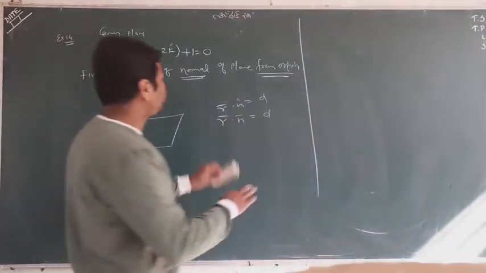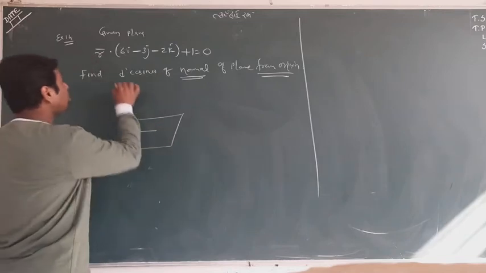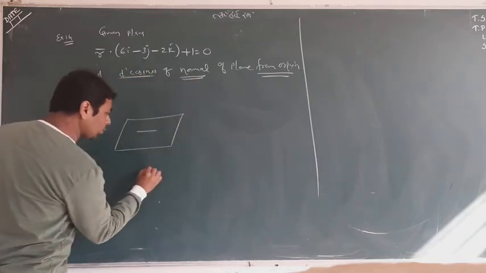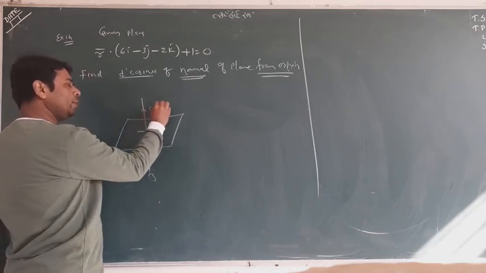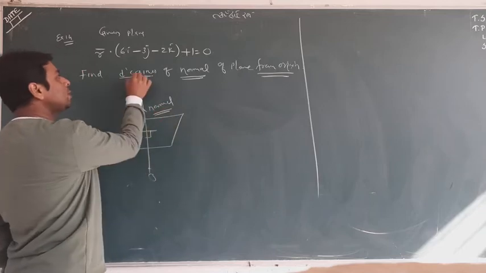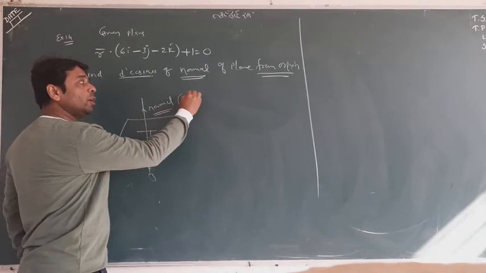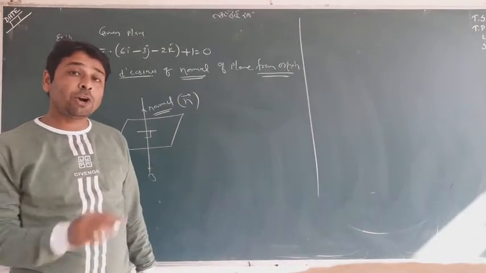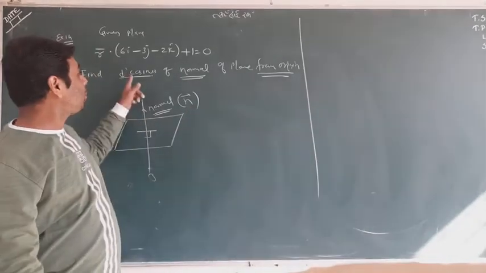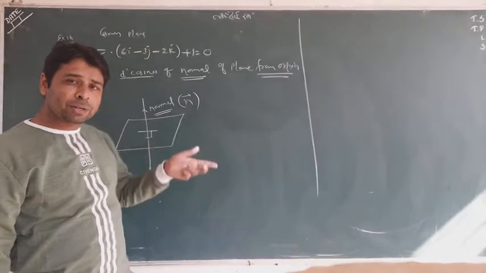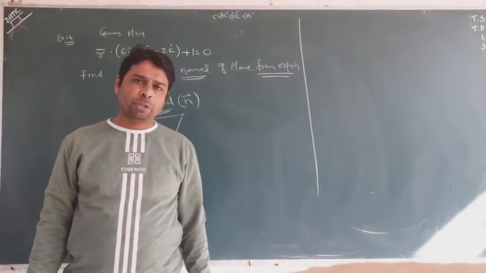Okay. Now we want to find the direction cosine of the normal of the plane drawn from the origin point. This is the origin point, and this is the normal of the plane. We want to find the direction cosine. And again I tell you, the normal is normally called n. r dot n equal to d, and this n contains ratio. And you want to find the direction cosine. You need n cap. So convert your equation in normal form, you can get n cap. So the answer will be there only.